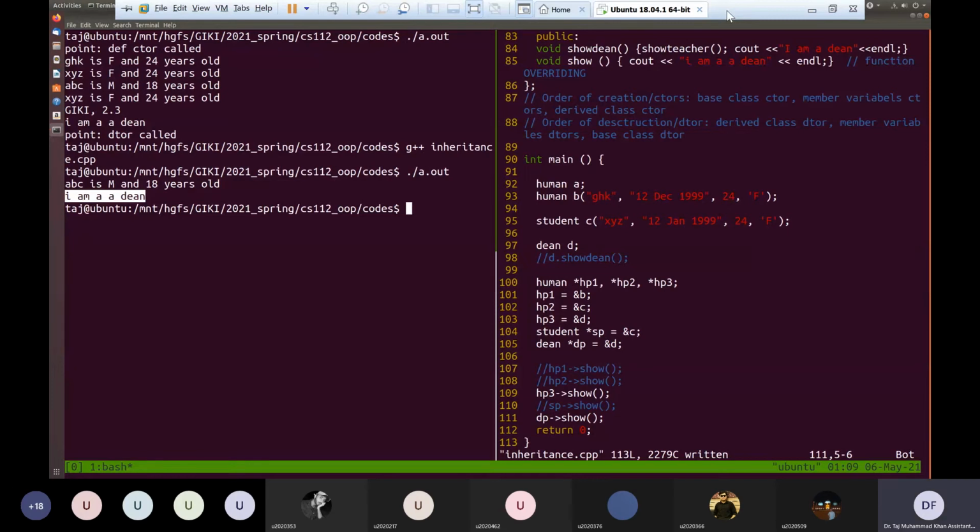Is this clear? The object is the same. We are just using different pointers to manipulate that object, and based on the type of that pointer, we are calling the show function. So it will call the base class or the derived class version of show, depending on the pointer that we are using.